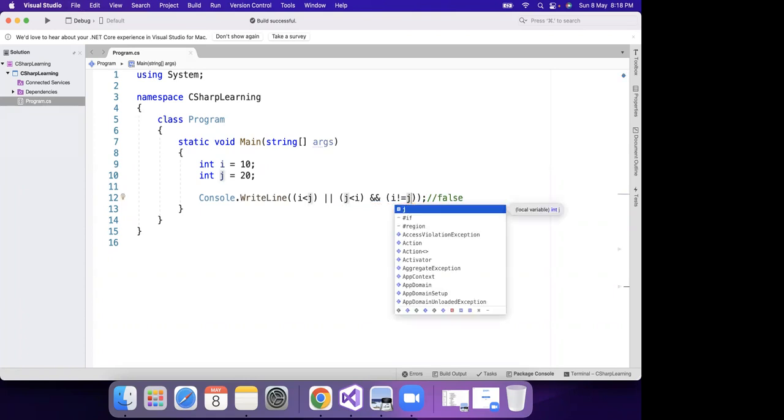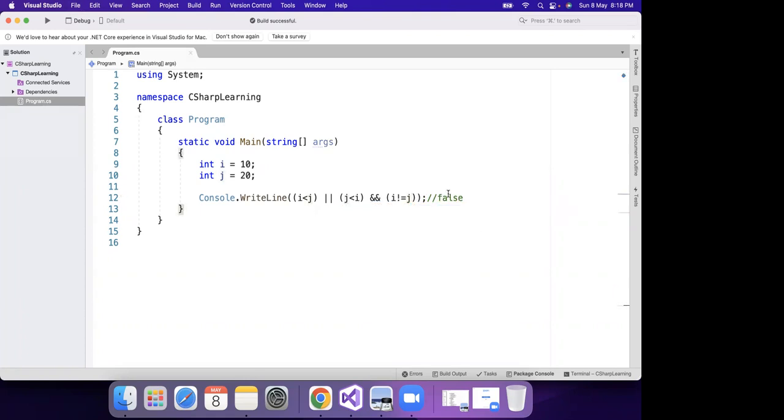Now tell me the output. Check it, see it carefully. And now tell me the output. So Chris is saying true. What about others? False, true, true. Okay, let's see the output. So the output is going to be true. Why true? Very simple. See,